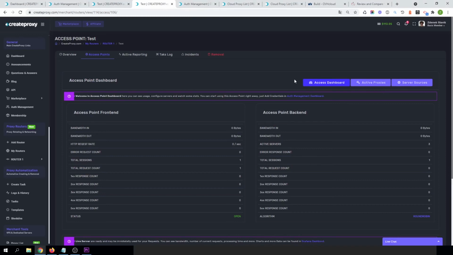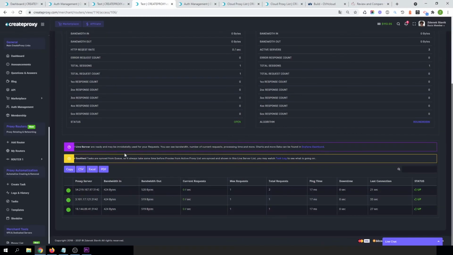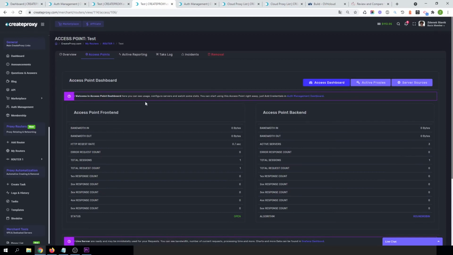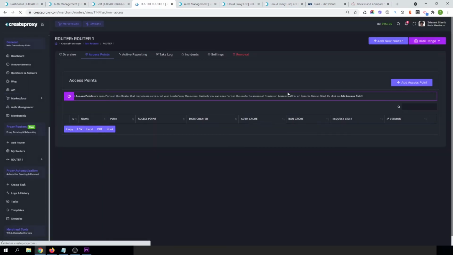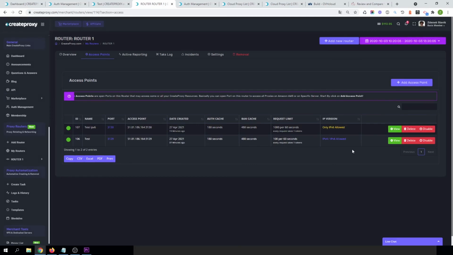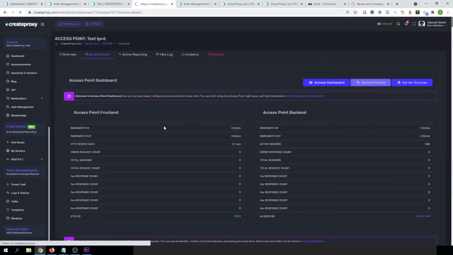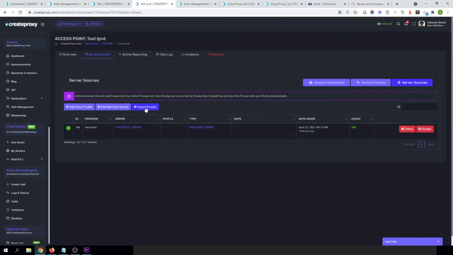And that's pretty much all from me. So the recapitulation is it is really simple, because you can just install the router, then you can start creating access points with different IP versions, different caching, different request limits on different ports, and to this access point you are just adding server sources. And I also want to show you how to start using